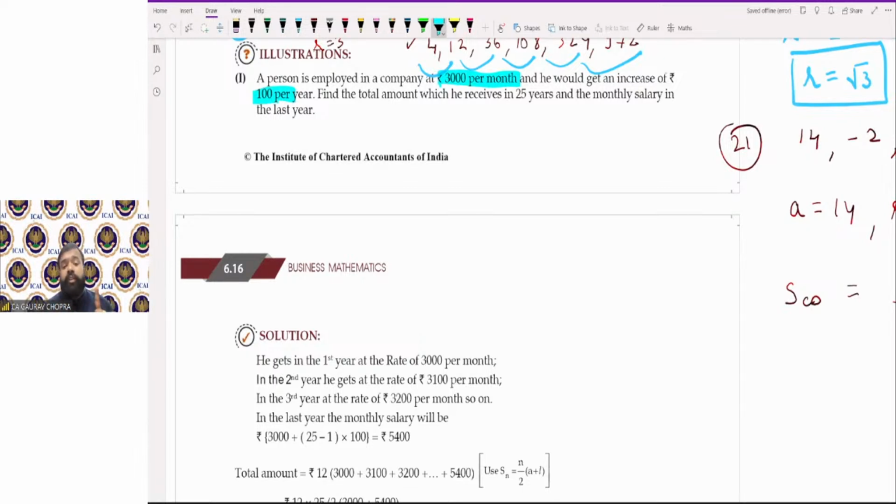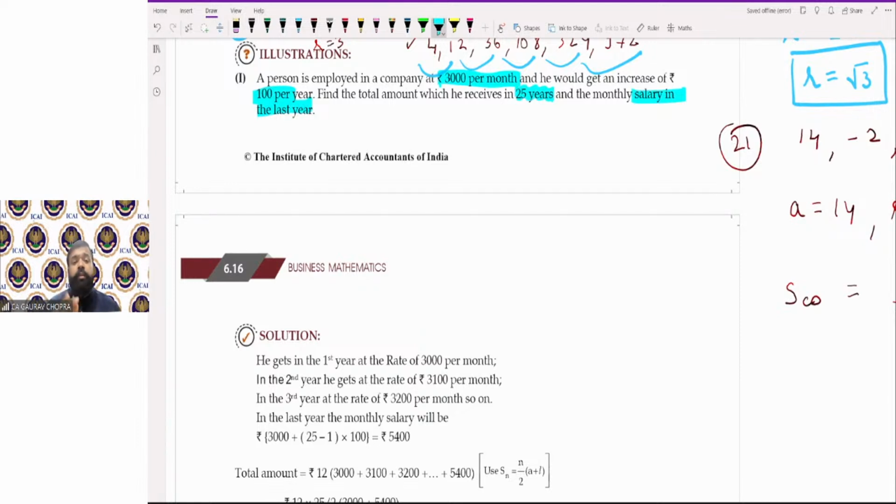तो अगर फर्स्ट ईयर में सैलरी 3000 है तो सेकेंड ईयर में 3100, थर्ड ईयर में 3200 एंड सो ऑन। Find the total amount which he receives in 25 years, तो 25 years में टोटल कितना अमाउंट उस पर्सन को मिला होगा, एंड मंथली सैलरी उसकी क्या रही होगी उसके लास्ट ईयर में, दैट इज लास्ट टर्म आपको कैलकुलेट करना है।